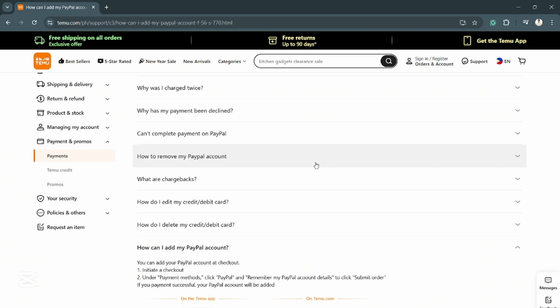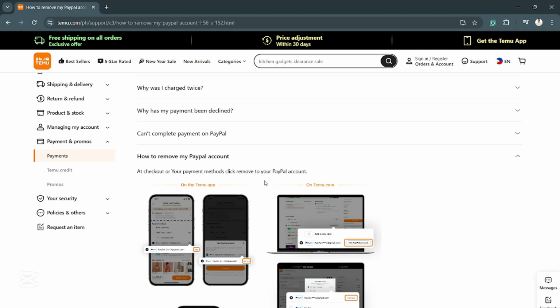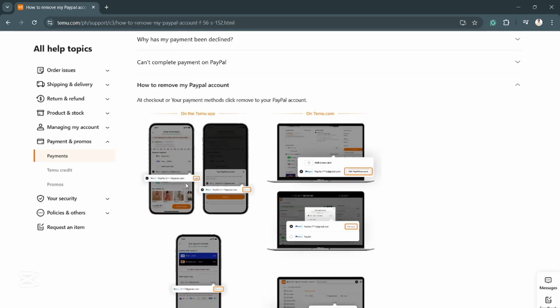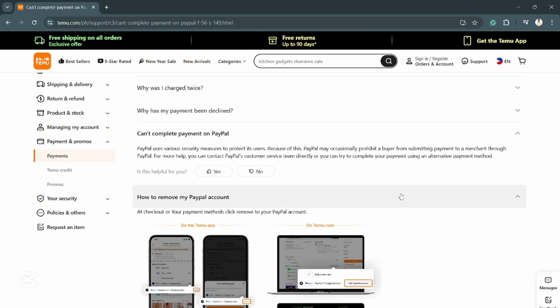Now, another interesting thing, if you want to remove PayPal, it's very simple. So you just click on edit right there, go to checkout again, click on PayPal and then select edit PayPal account, and then just click remove. And that's it. Now, if a transaction didn't go well,